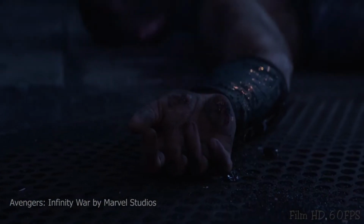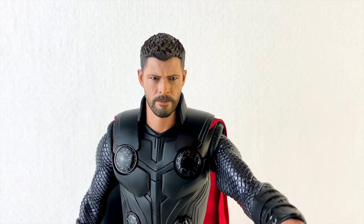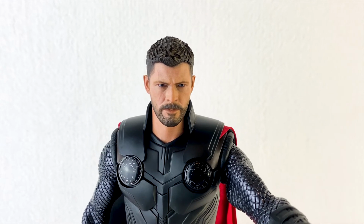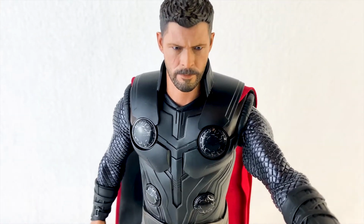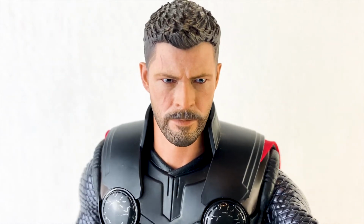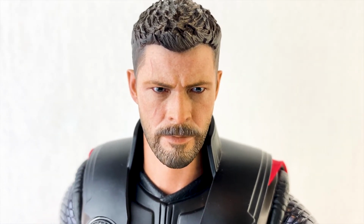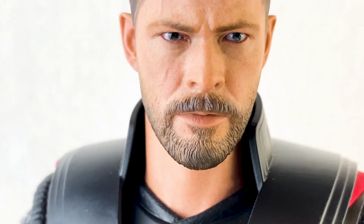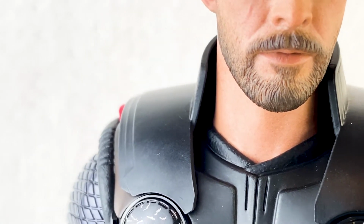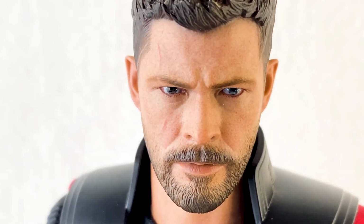So as you guys can see here, I am loving this piece here. I'm loving the cape and everything. Look at his eyes here. So I just removed the... You guys can see here, he has a different shade of eyes. The left one is a little bit bluish, and the right one is a little bit darker. I'm not sure if you guys can see it, but